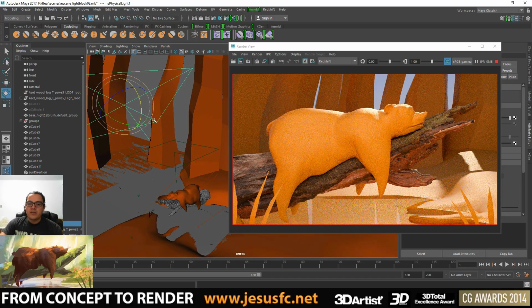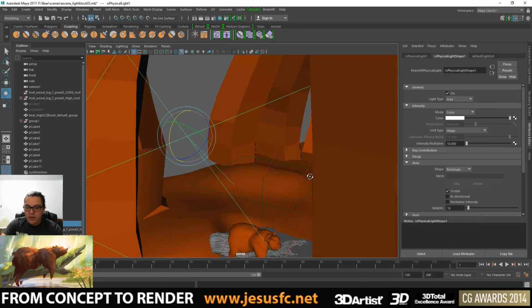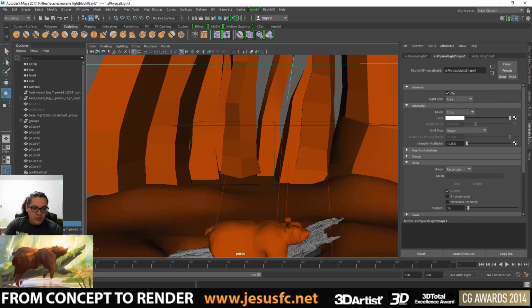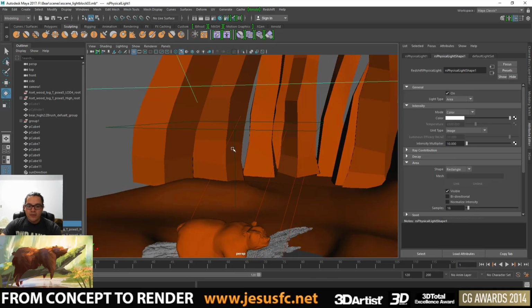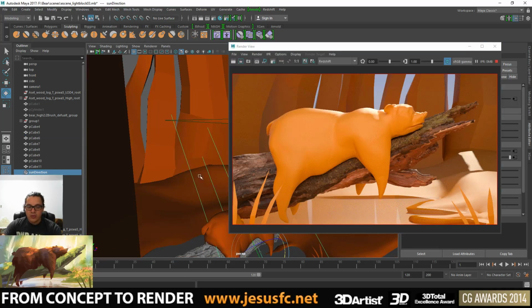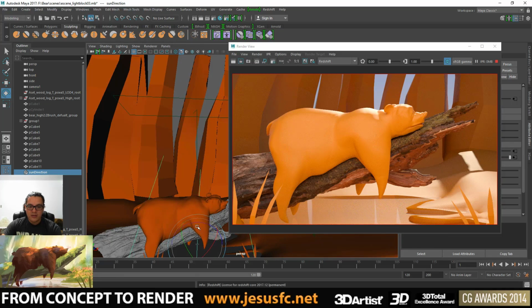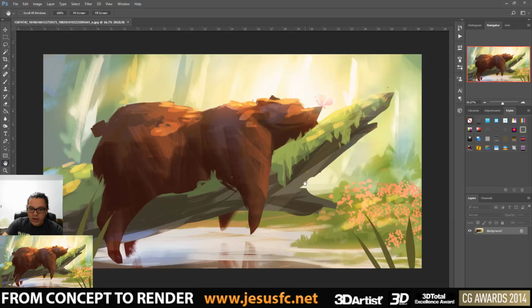And now I need to fill. I know that I have the light coming from the back of the bird, but if I look for the reference, all the light is coming from the back part of the head. And for that, if I use only the physical sky, it's not going to work because the angle is not that right, and it's going to wash everything away, and that's not the way I want to use this configuration. So I will try to get the reflection and the main light source to be here,